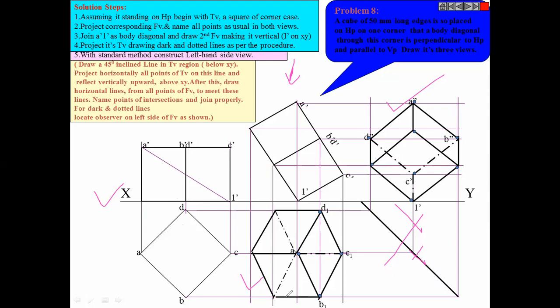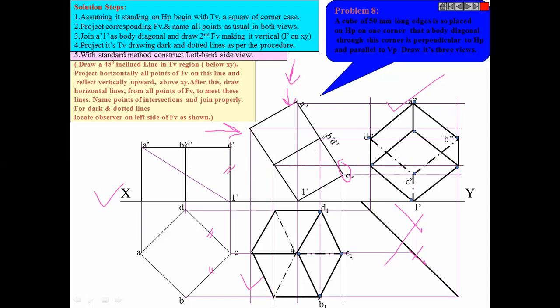So now this is our current object, and now we are drawing its side view at the right hand side. If we are seeing from the left, then only we can draw on the right hand side. So we have to see it from this side for deciding which line will be dotted or say dashed. That's why I am discussing this. So C will be the point which you are seeing as solid, and again it will have three edges: one this, and one this. So these three will be dotted or dashed.